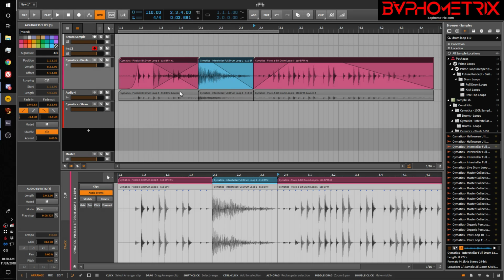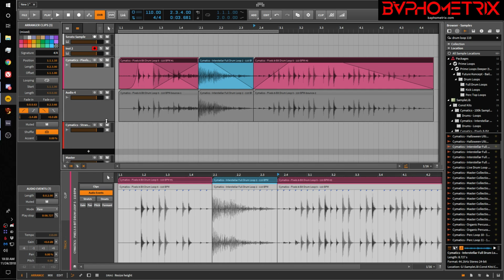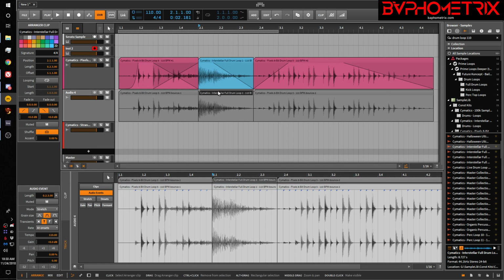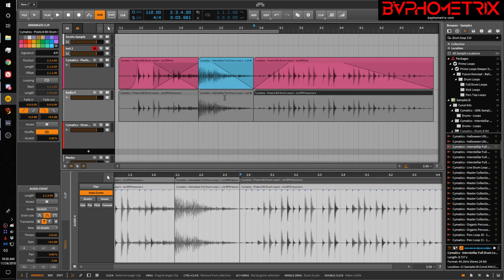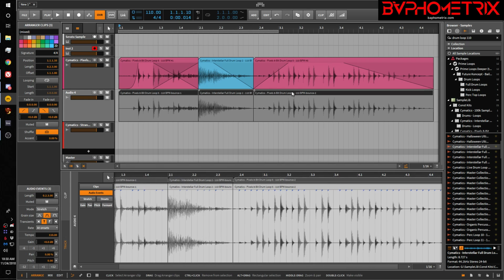And you'll see that when it bounced, it preserved all of those moves, right? The waveform looks the same. It's still three separate clips. Okay, so that's one thing to note, is it'll still be three separate clips, but then if we consolidate these clips, Control J, now it looks like you would expect. It's one single clip. It's still got the original events inside of it. Still got those three events, and I could do things like